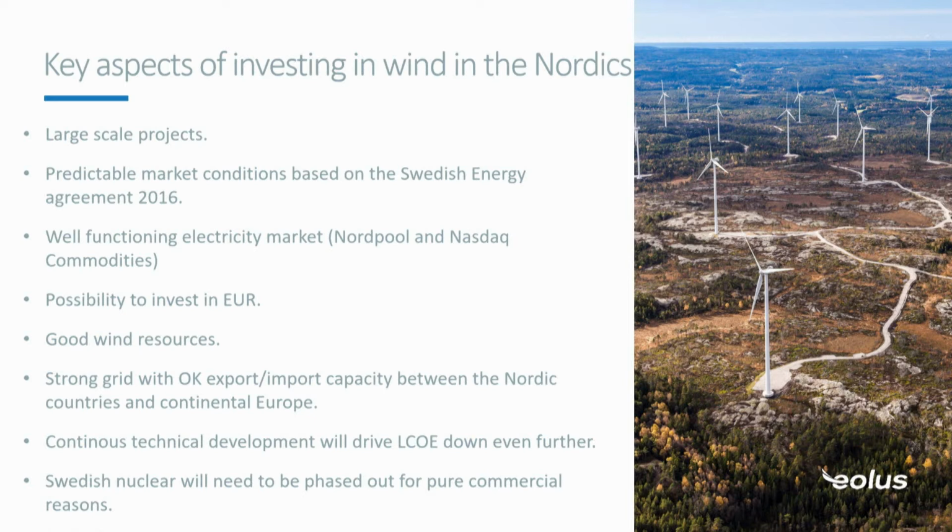There is a really fast growth of wind power in Sweden and in the Nordics, and I just listed some of the driving key aspects. You can really build large-scale projects, driving cost per produced megawatt hour down. The Swedish Energy Agreement back in 2016 was really important for investments that really kicked off after that. And since then, more than 80 billion SEK has been invested in Swedish wind power. So an enormous amount. And you see on the coming slide what that has led to